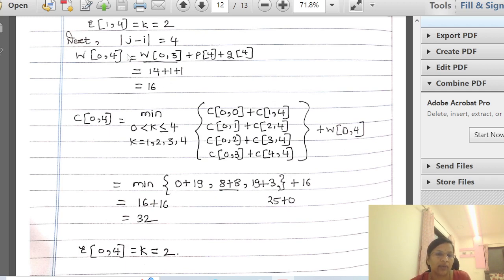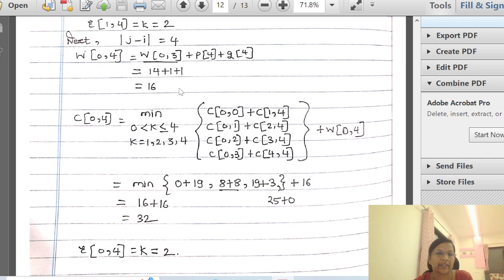So we have only one pair, w of 0, 4. For this pair we substitute values into the formula and we calculate the cost as well. Whenever the absolute difference is 4, of course there will be 4 possible values of k, and we have to find out for which possible value of k we are getting minimum cost. So here 8 plus 8 gives us 16, which is minimum amongst these,